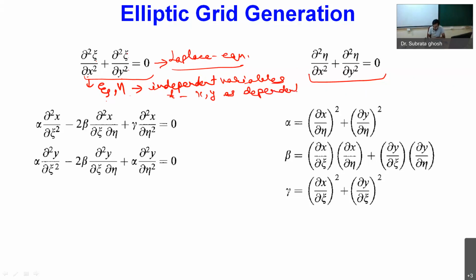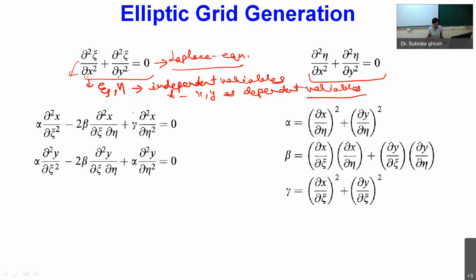Okay, so this is one important point. We are doing some manipulations in order to go for inverse transformation. We are considering that in the zeta eta coordinate system, we have some independent variables and x, y as dependent variables. Once we do this inverse mathematical formulation and convert these two equations into the new system of equations,